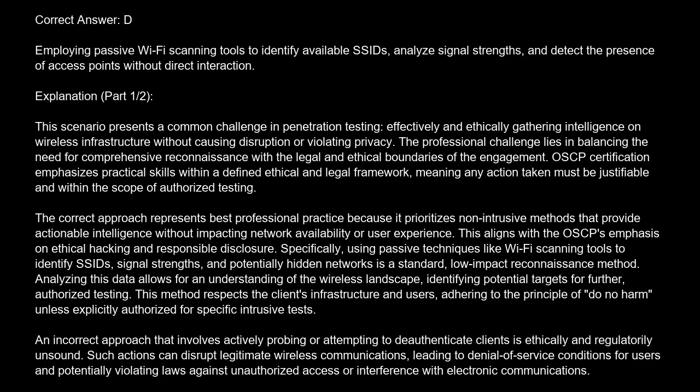The correct approach represents best professional practice because it prioritizes non-intrusive methods that provide actionable intelligence without impacting network availability or user experience. This aligns with the OSCP emphasis on ethical hacking and responsible disclosure. Specifically, using passive techniques like Wi-Fi scanning tools to identify SSIDs, signal strengths, and potentially hidden networks is a standard, low-impact reconnaissance method. Analyzing this data allows for an understanding of the wireless landscape, identifying potential targets for further, authorized testing. This method respects the client's infrastructure and users, adhering to the principle of do no harm, unless explicitly authorized